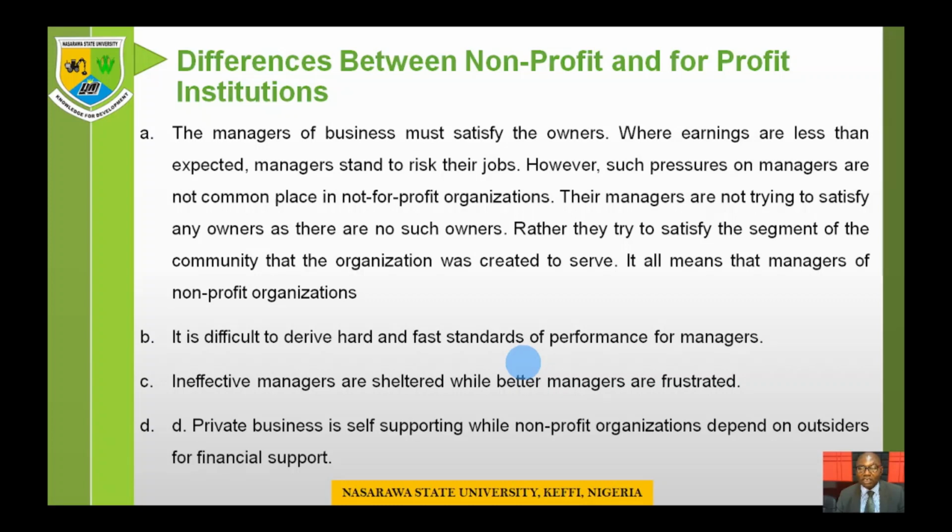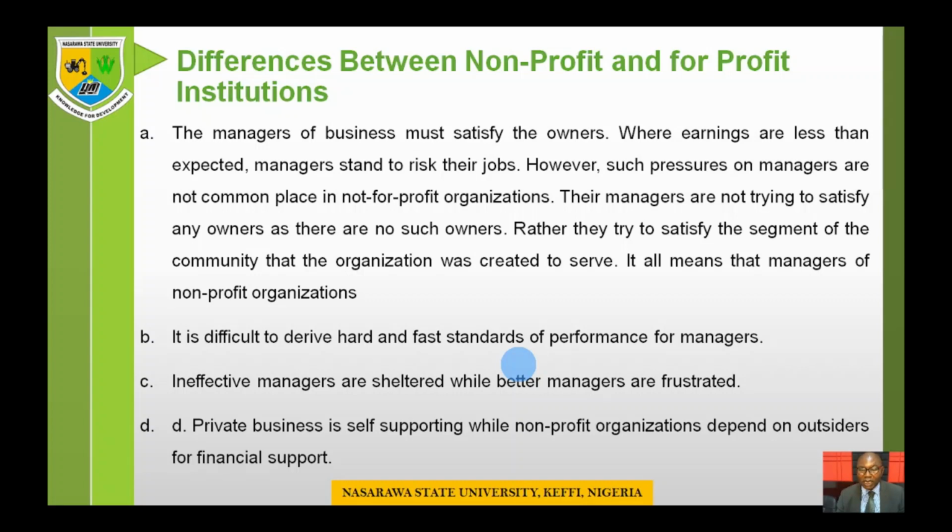Rather, they try to satisfy the segment of the community that the organization was created to serve. It all means that managers of not-for-profit organizations are out to only meet the objectives of the organization and not to satisfy the owners. B. It is difficult to derive hard and fast standards of performance for managers of not-for-profit organizations. C. Ineffective managers are sheltered,